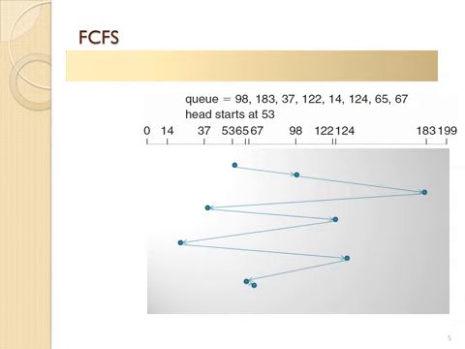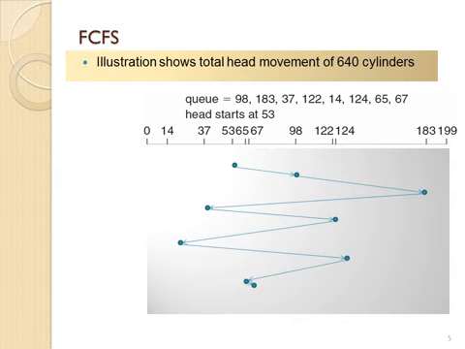So if you were to use the first come, first serve algorithm, meaning you're just going to have this queue of pending cylinders and just move the head and the arm assembly to the correct cylinder using first come, first serve, as you can see, it will cause a lot of back and forth movement